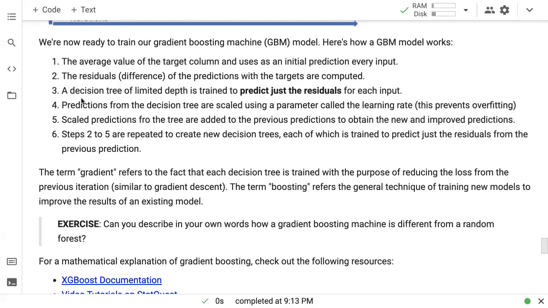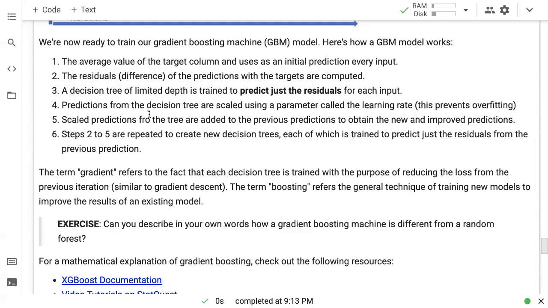Then here is an additional step, which is called the learning rate. We take the predictions from the decision tree and then we scale them using a parameter called the learning rate. So we don't directly add the prediction of the decision tree to the original prediction. We just scale it a little bit, and I'll talk about that in a second.